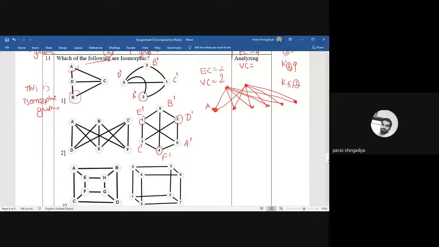You have to mention it by A dash, B dash, C dash, and so on. Otherwise, you can consider A star, B star, C star, or f of A, f of B, f of C. Any notation you can use as an image. So all of you try it. I will ask anyone for the answer, and you should have the answer for particular questions. If you have any doubt, please ask.